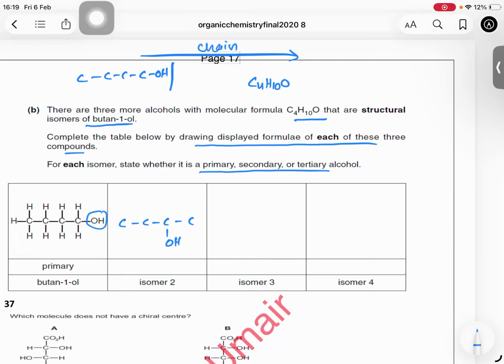yes, it will be secondary. Yeah, that's okay. The OH position just turns from terminal to the next. So this is also primary. Propan-1-ol. 2-methylpropan-1-ol, right? It's primary. No, it's not. Yes, this is a methyl carbon. If I put the OH here,